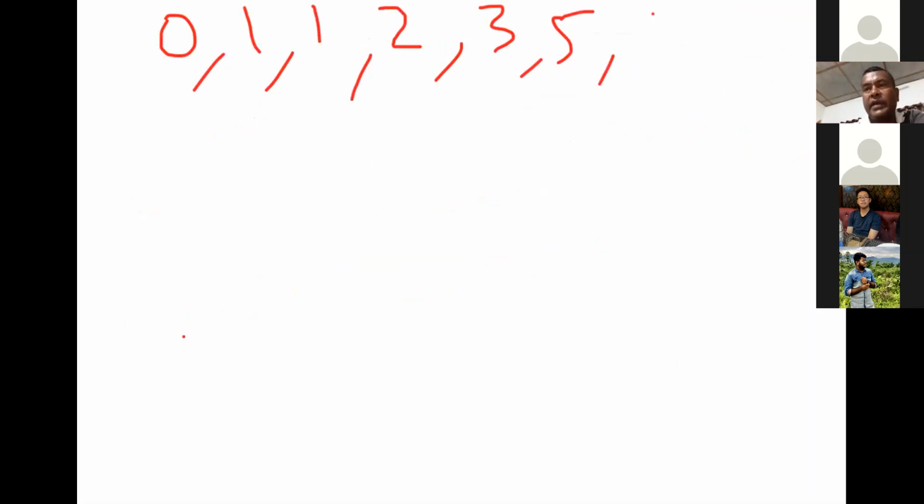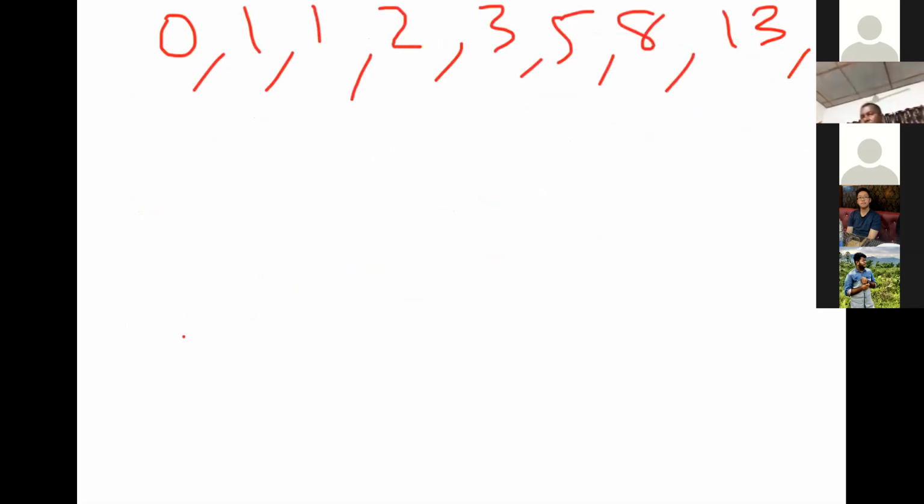Like the Fibonacci series. In the Fibonacci series, what is the terminate point? 0, 1, 1, 2, 3, 5, 8, then 13.